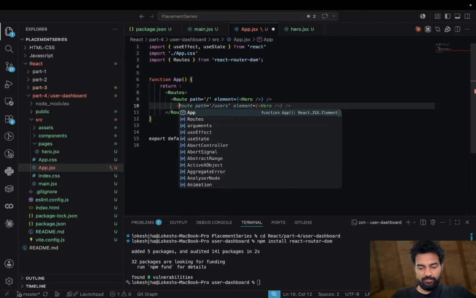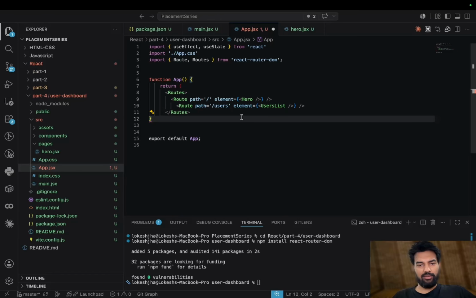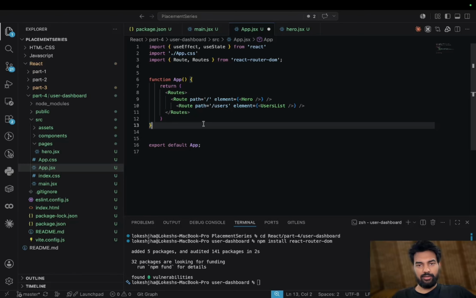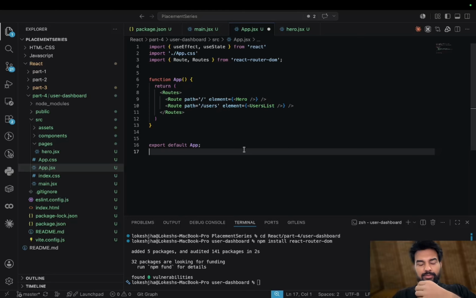If you have something like a route, and here we have users, so we have a users list. Currently we do not have that, but you are getting the gist of this. So see what happens here. Now if I go,